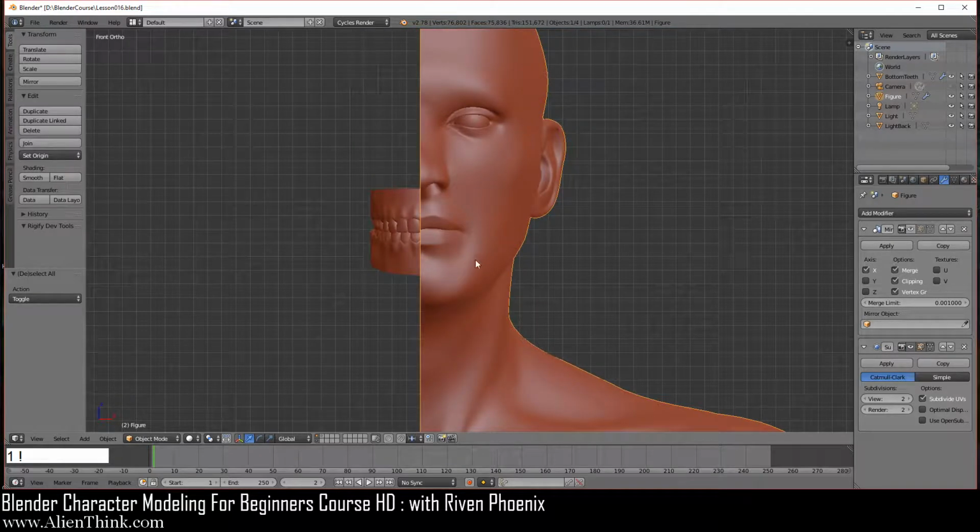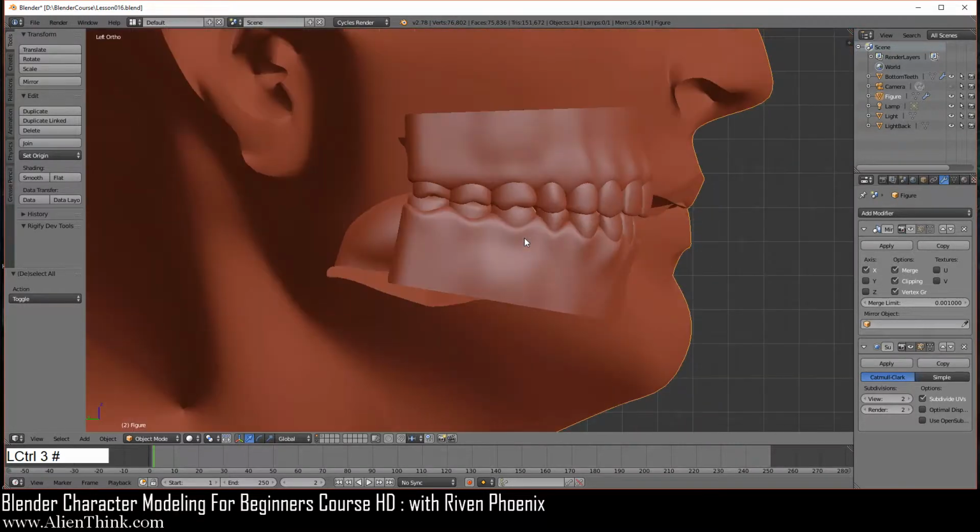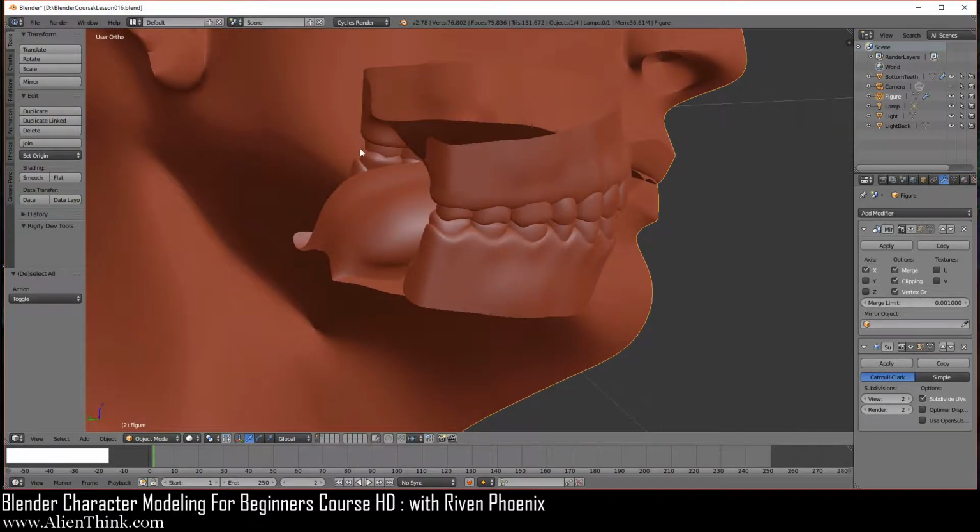So if we press the 1 key, you can see how the teeth are being placed over here. Okay, and if we do Control 3, we can look at it from the inside. So this is where you really have to start thinking about 3D modeling in your mind in a much more cognitive or logical way, because what we're going to do now, things are going to start to look a little confusing, okay? And that's just the way it is in 3D modeling when you start to model really complicated ideas like this.